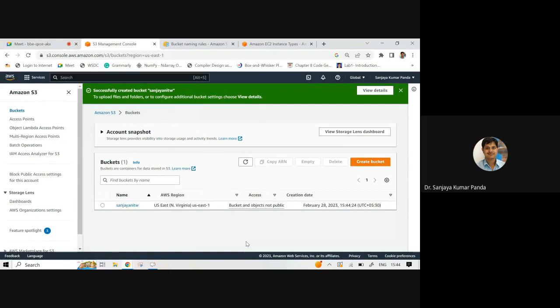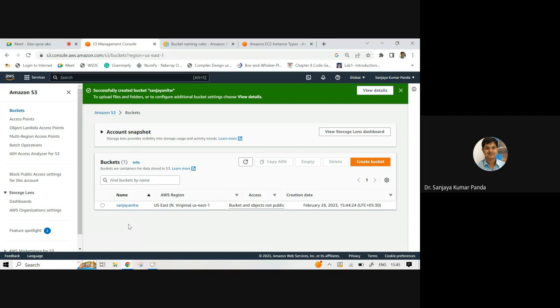All of you give a unique name, or your name followed by the last 4 digits of your mobile number, or any unique name, or your name followed by the postal code. Certain things you have to give which are very unique so that you can create your bucket.